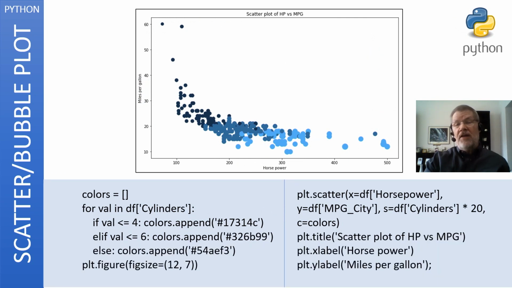Again, the Python version of the R plot turns out to be more involved. Here, the user was required to specify a color ramp of hex RGB values in a Python list to assign colors based upon the number of cylinders, whereas R generated a range of colors automatically. Matplotlib generates neither a color nor bubble size legend.